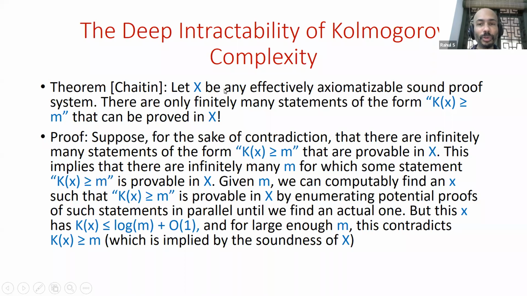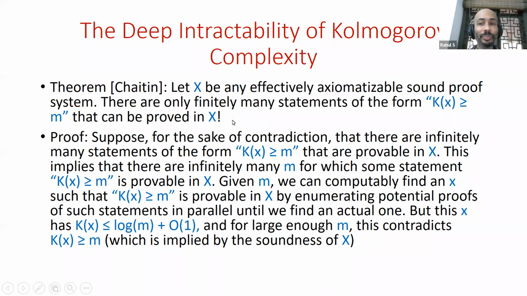So now we're going to consider a proof system that's, again, effectively axiomatizable and sound, which is another reasonable property to require, which is that it only proves true things. It never proves a statement that's false in the natural numbers. And we want our proof systems to be sound. Now, if X is a proof system that's effectively axiomatizable and sound, then there are only finitely many statements of the form K(x) is greater than or equal to m that can be proven in X,